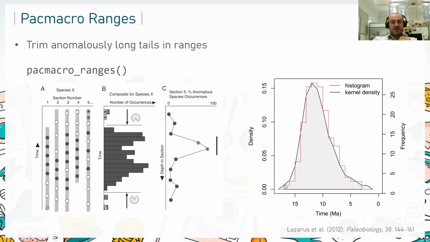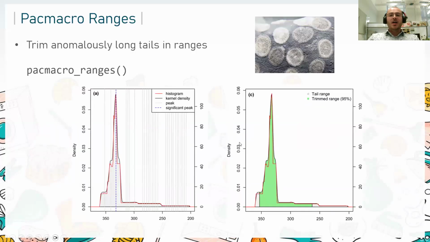From here, we can then start to employ the original logic behind Pac-Man, and that's to say that we expect errors in our data to be more likely to occur towards the tops and the bottoms of the stratigraphic range of a taxon, where things have been misidentified and you have suddenly introduced a 10 million year range extension due to taxonomic error or imprecise dating of the fossil collection, for instance. Because these are ultimately ranges associated with occurrences rather than point-wise observations, it's not necessarily the most justified thing to simply remove the bottom and the top 2.5% of the curve. So I want something a little more principled for trimming